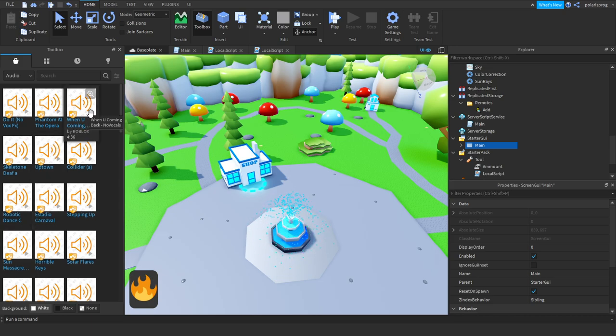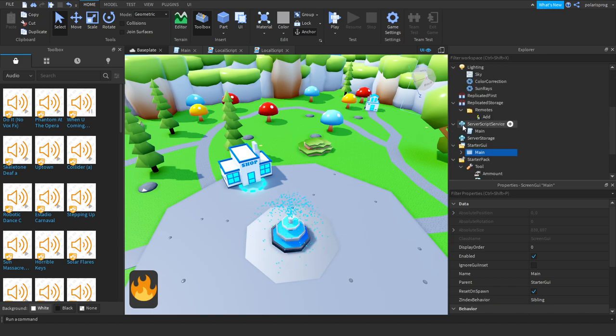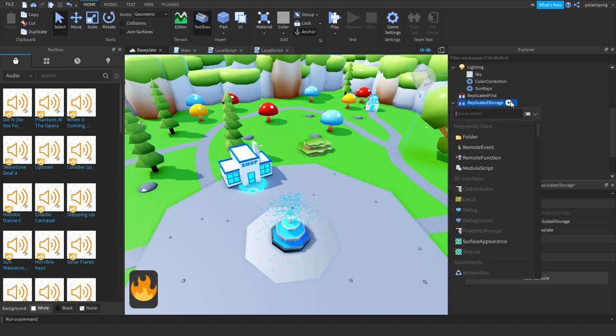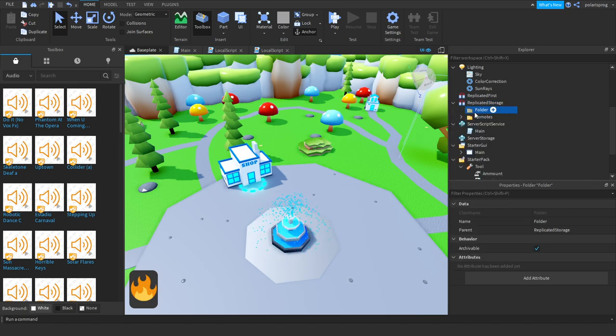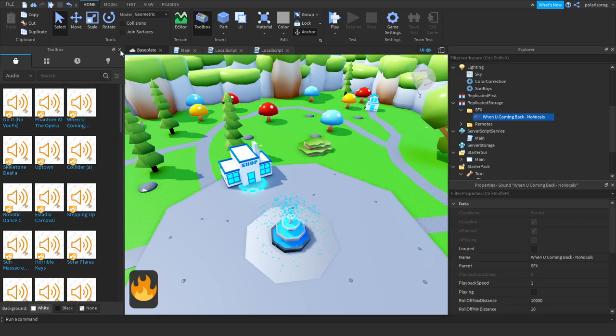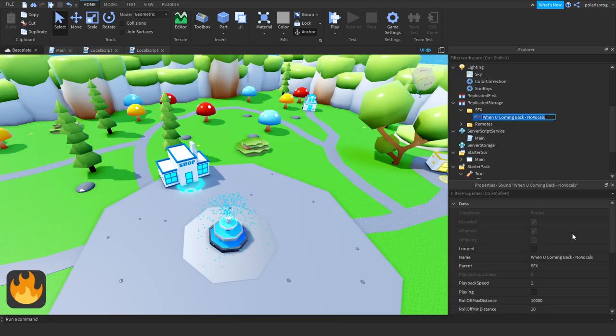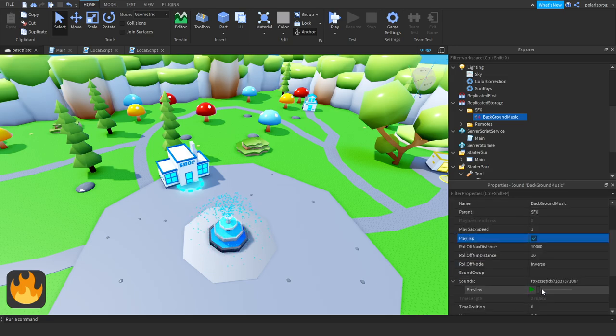I think I like this one. Let's add it to replicated storage. Let's add a folder for the sound effects. Let's rename it to SFX. And click on the audio, and it should add it right here. Let's rename it to background music, and check looped, and check playing, and